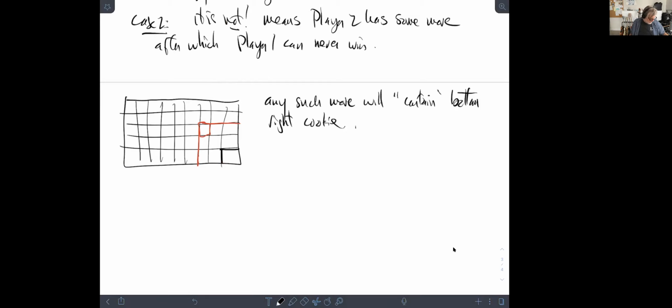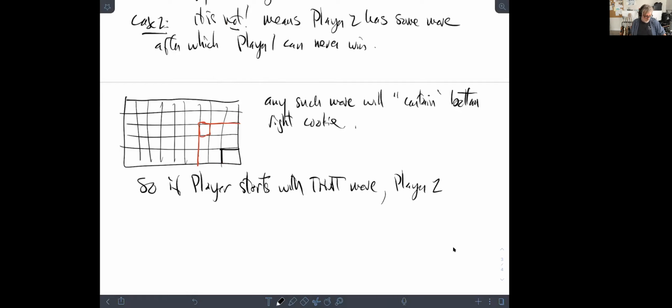Okay, so if player one starts with that move, player two has no response to win, right? So you're flipping basically the two players in that sense, right? So if that first little move from player one is the first move in a winning strategy for player one,